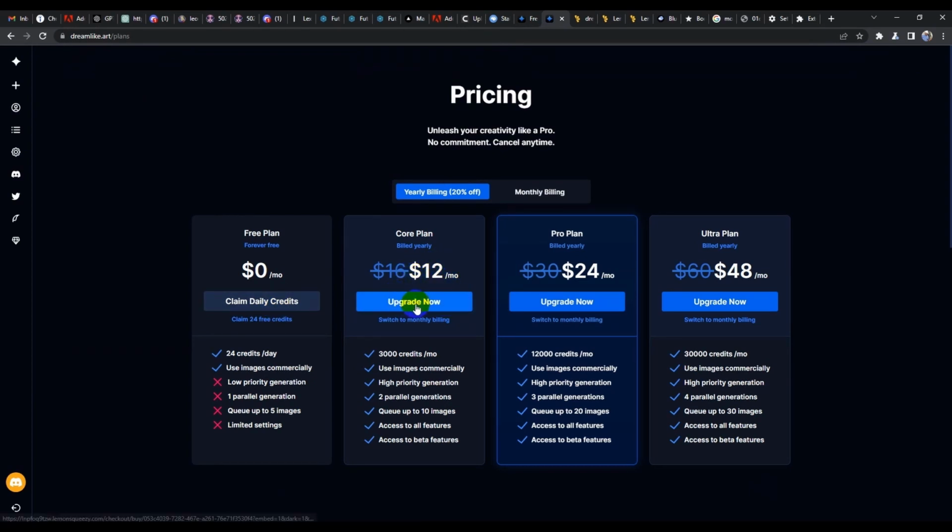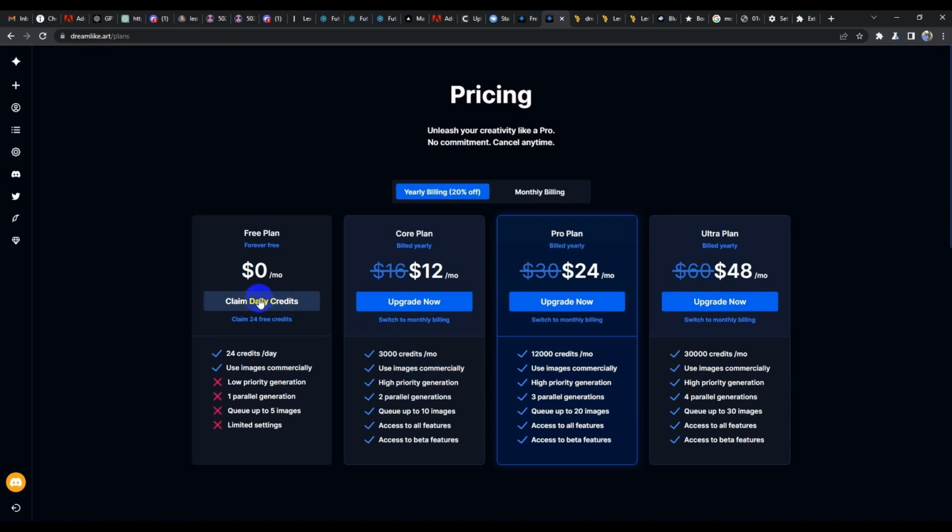You pay this per month, and imagine paying $50 just for one thing in that store, though you can use it in a different way, but for this $12 per month, in these 3,000 credits, you'll be able to create a lot of images, use images commercially.